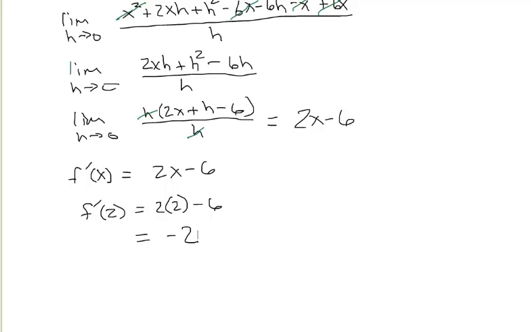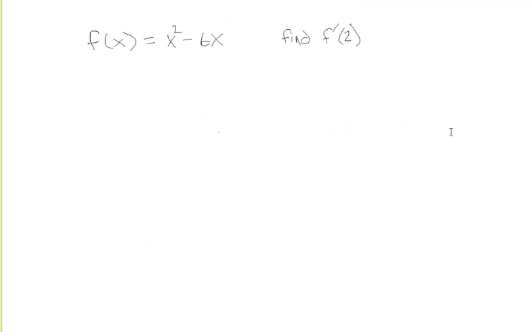Now I want to look at the same problem, but in this case we're going to look at taking the derivative at a specific place. So now we're going to use the same formula, f prime of x is equal to the limit as h goes to 0 of f of x plus h. Now when you do it at a specific point, instead of writing x plus h in, we're going to actually put 2 in for all the x values. So we're going to have 2 plus h squared